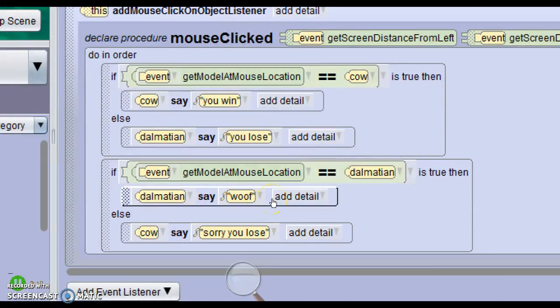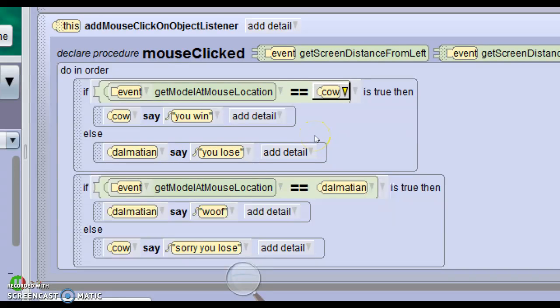So my big hint for this project is maybe you can have an additional variable that might keep track of what question you're on. And you can utilize ands and or statements. So if you click on the cow and something else is true, then you win. If you click on the Dalmatian and something else is true,